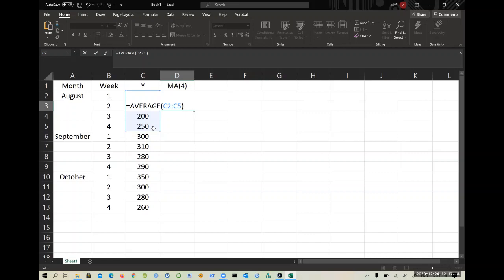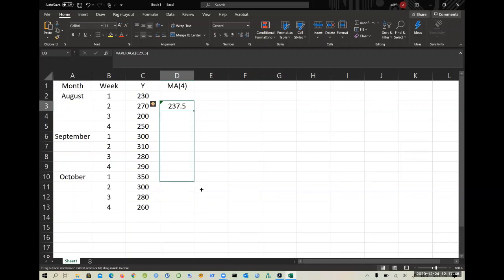Kalau katakan value of y to start dekat quarter yang week yang kedua, so week yang pertama tak ada nilai. So you start dengan week yang kedua. Okay, you kira jangan pula ambil 3 saja, ambil 4 jugalah. So that means you're going to take the value for August 2nd, 3rd, 4th, and then September 1st to complete it to be 4. Sebab kita nak ambil 4 kan. So in this situation kita just ambil untuk the first one sebab kita start dengan the first one. So this gives you the average. So you calculate everything sampailah sini.